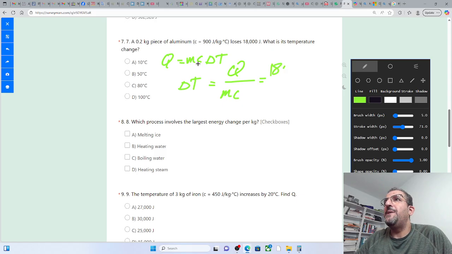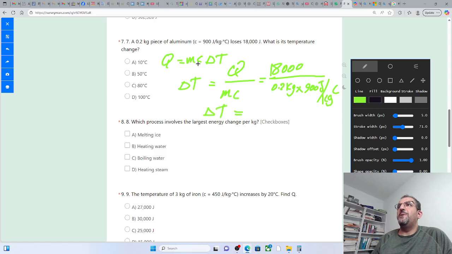So you have 18,000 divided by the mass, which is 0.2 kilogram, times specific heat, which is 900 joule over kilogram Celsius, and you will see that delta T, change in temperature, is equal to,